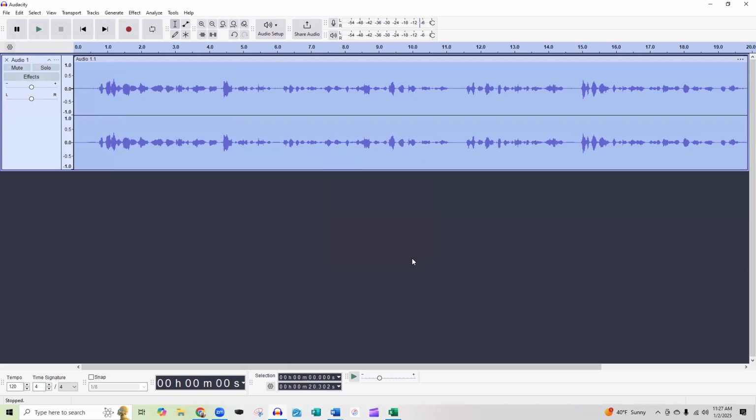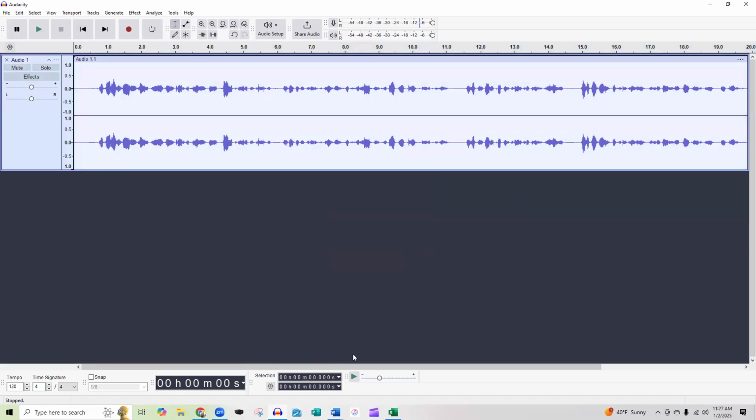And it's going to go through and take away all those gaps. If you notice that big gap that was here in the middle, it is gone. So then we want to make sure we're back at the front. Then if you play it,